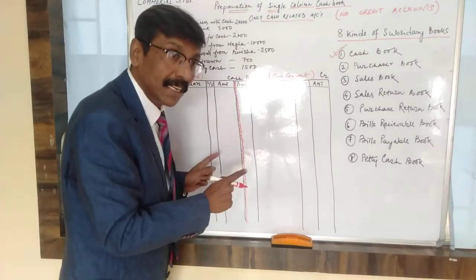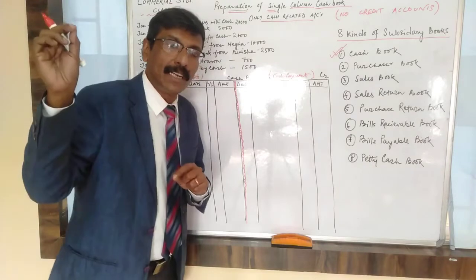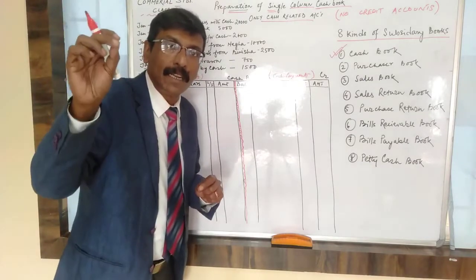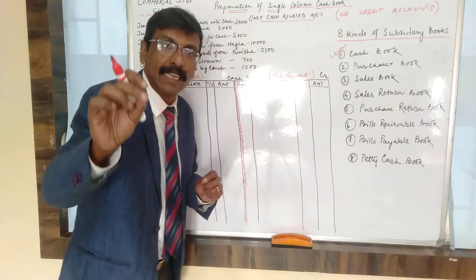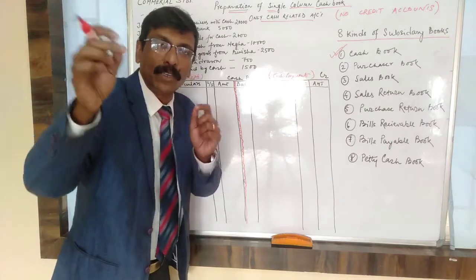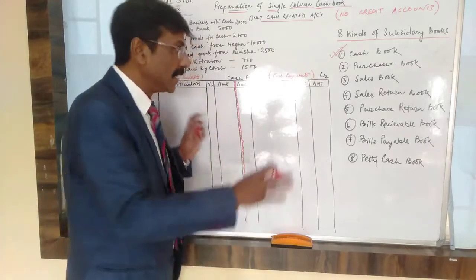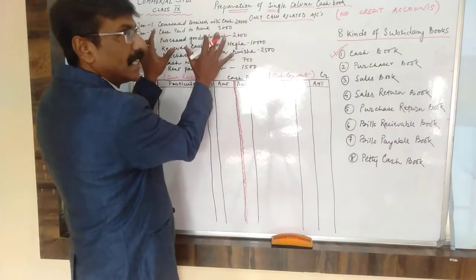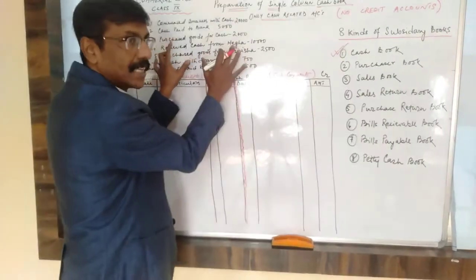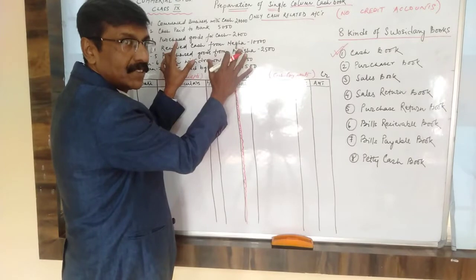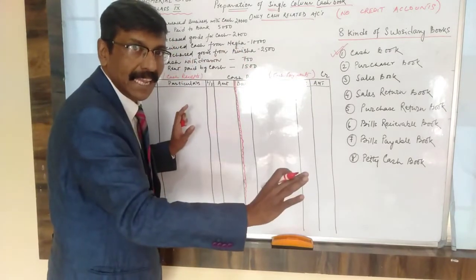Now here it's very simple. You don't need to go back to journal like real account, nominal account and personal account and find out the golden rules of accountancy, what is coming in, what is going out, what is expenses, which side it is. You don't need to do that, which I explained in journal. Here it is very simple. You see the entries. If it's a payment, put it this side. If it's a received, anything received in cash, put it this side. That is as simple as that.